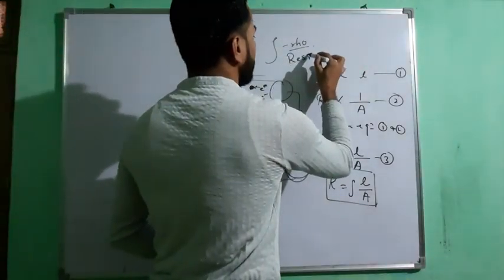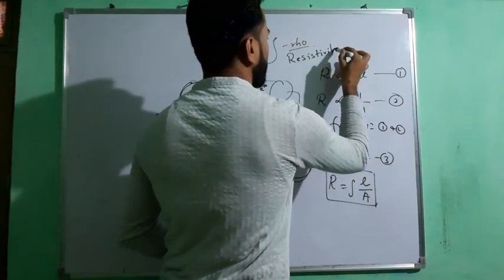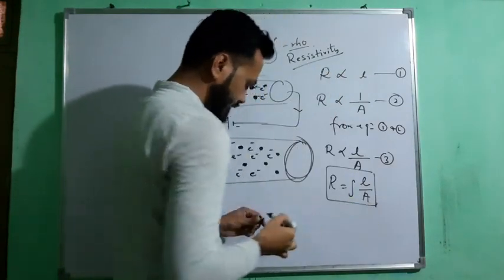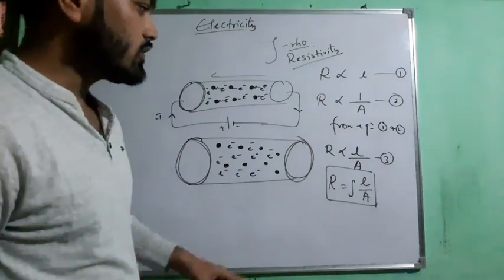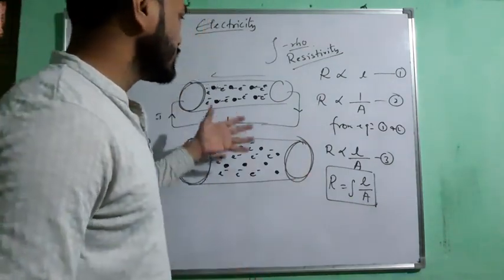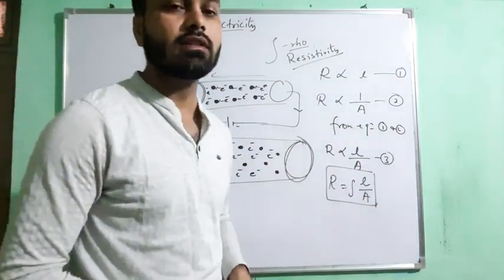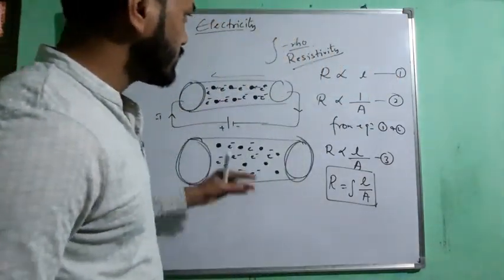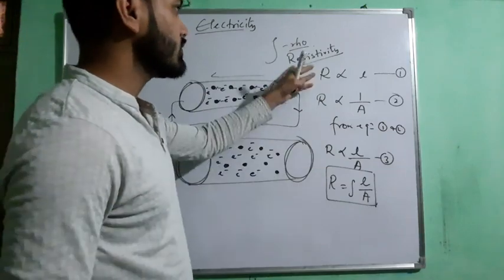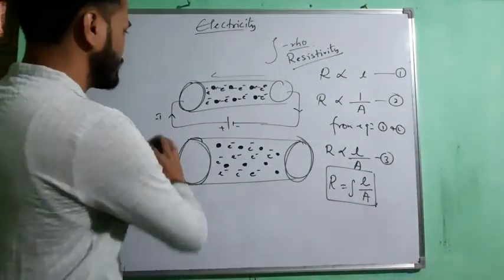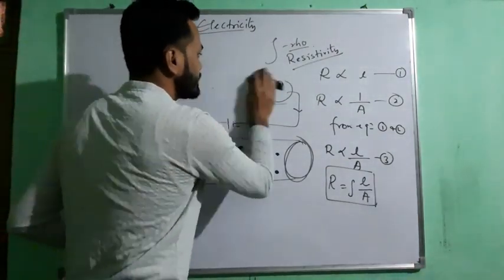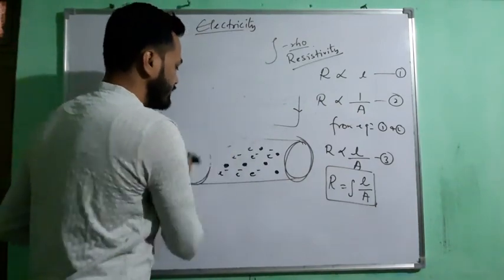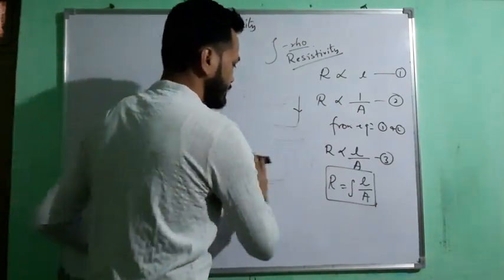Resistivity. So it is called resistivity, and we will get to know about that. So this is all about the factors on which the resistance of a conductor depends. Now, after knowing all this, we will talk a little bit about resistivity, and simultaneously we will create the differences between resistance and resistivity.